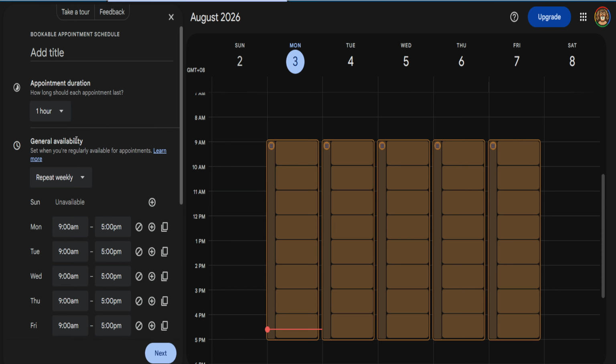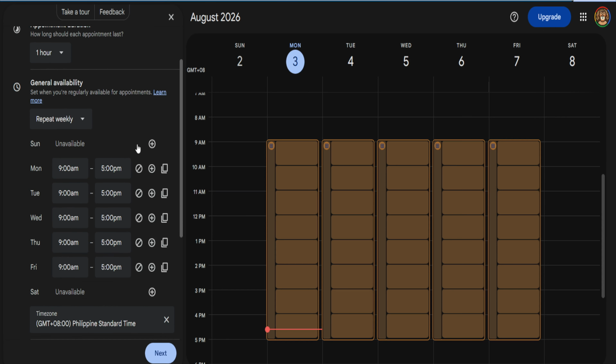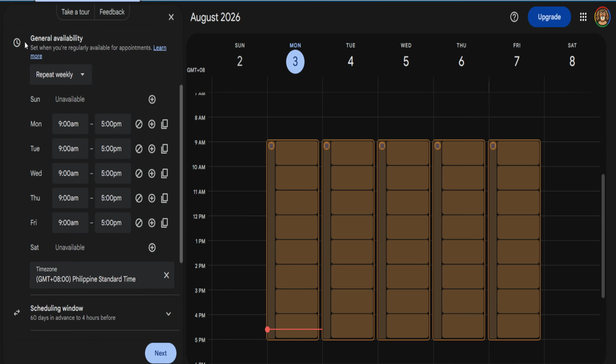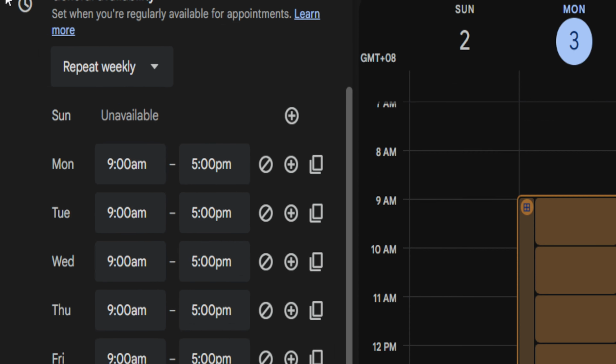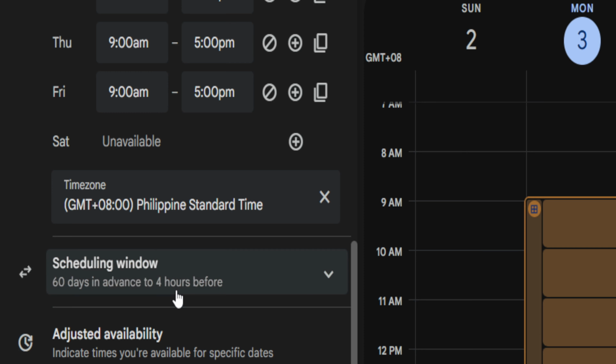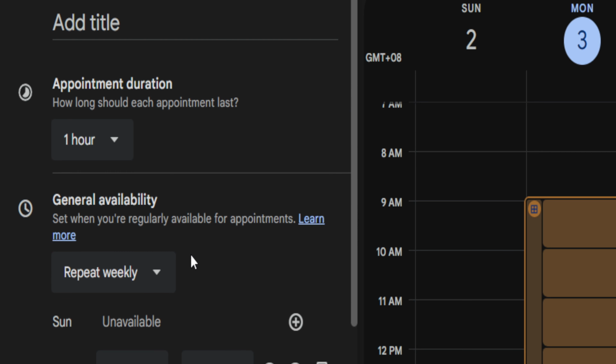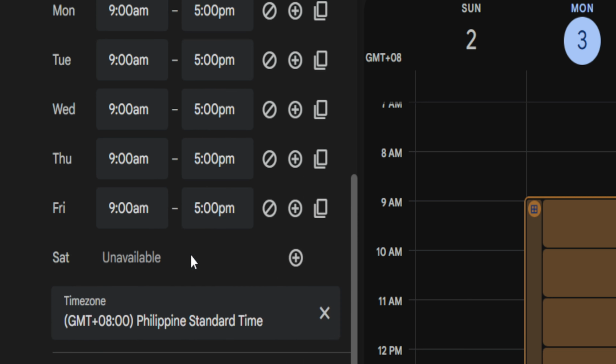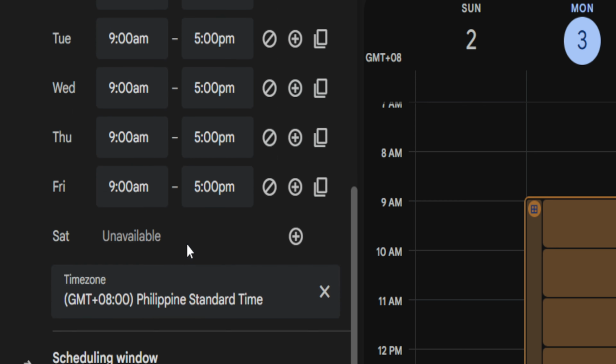After that, set your general availability by selecting the days and times when you want people to be able to book with you. You can decide exactly when you're available, and if your schedule is consistent, you can also choose to have those times repeat weekly. This is especially helpful if you have regular working hours and want your booking page to stay organized with minimal